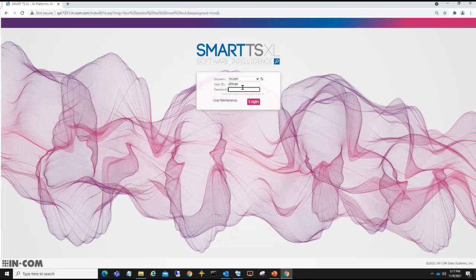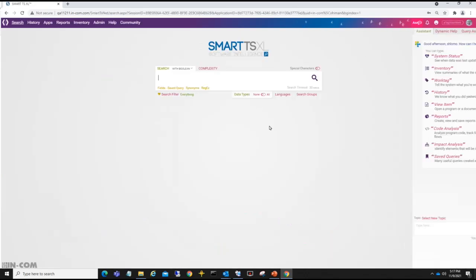Logging in is secure. We use Active Directory or RACF, ACF2. Really, we can support any kind of login system, even if you have a homegrown one. Once you're logged in,